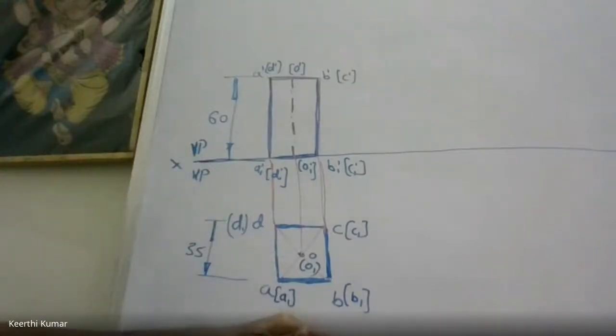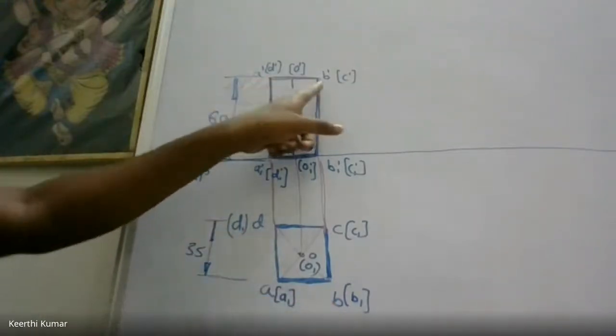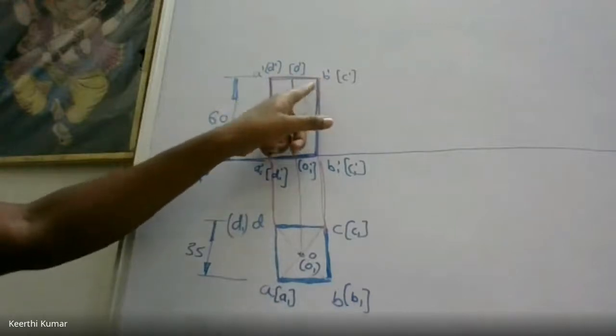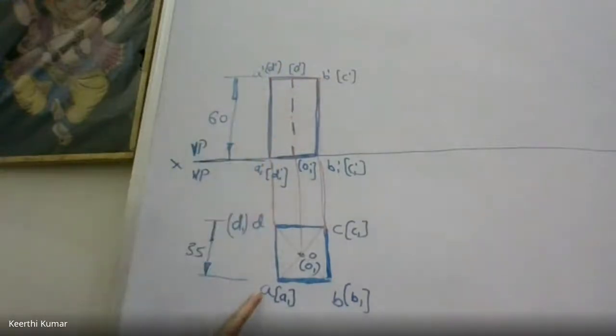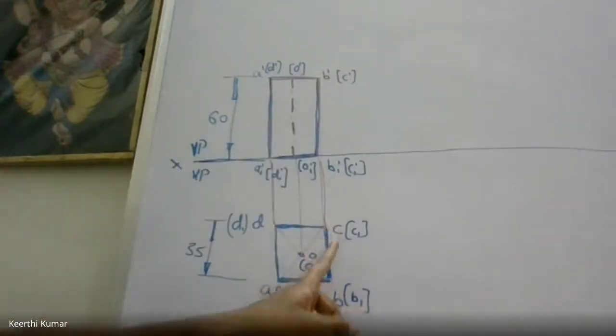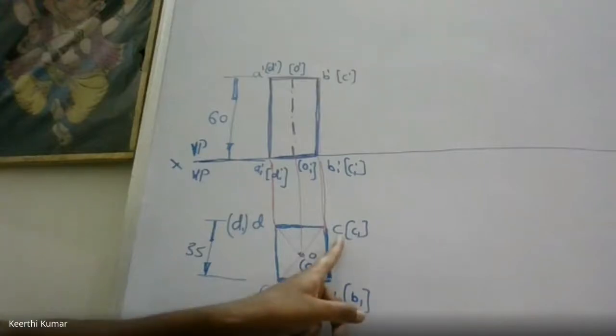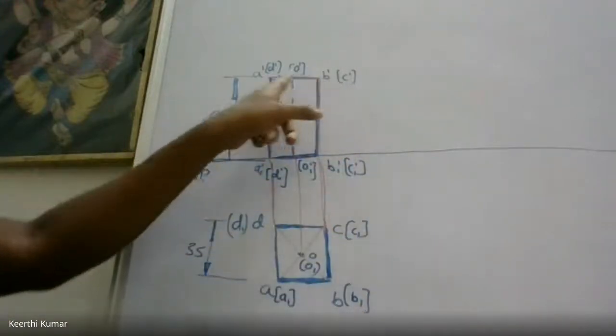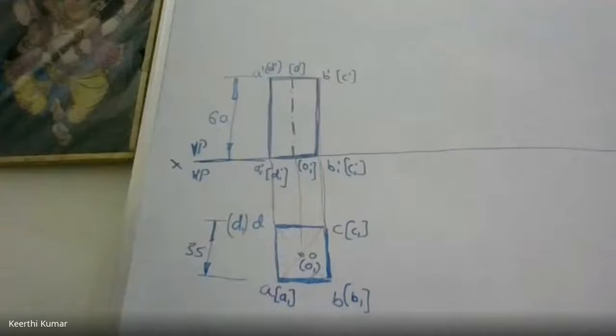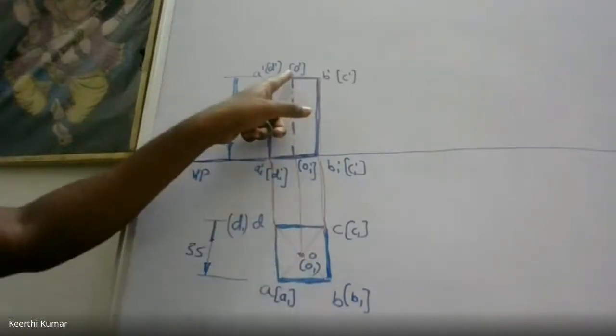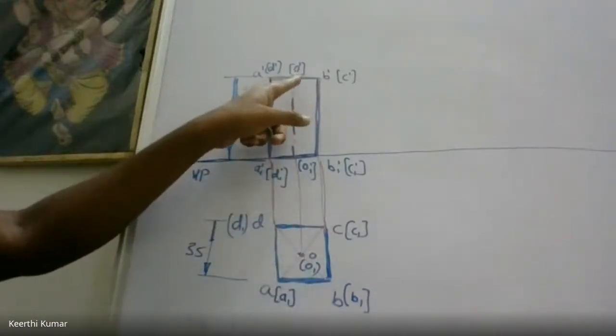If I see from the base, first let us assume we are concentrating only on the top surface. What is the name for the top surface? A, B, C, D. See here. I can see A, put that A dash. I can see B, put that B dash. But C I cannot see because the point B is overlapping the D, so put that C dash in bracket. Similarly, D dash in bracket. And if I see from the base, O I cannot see because there is a solid edge here, a thicker edge, so I'll draw that O dash in bracket.